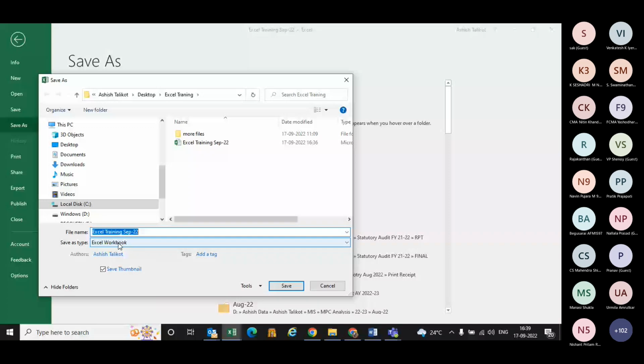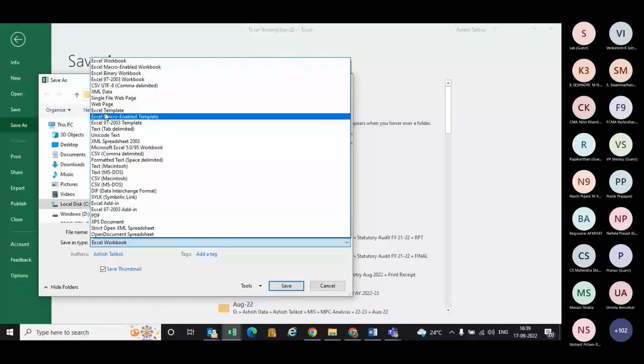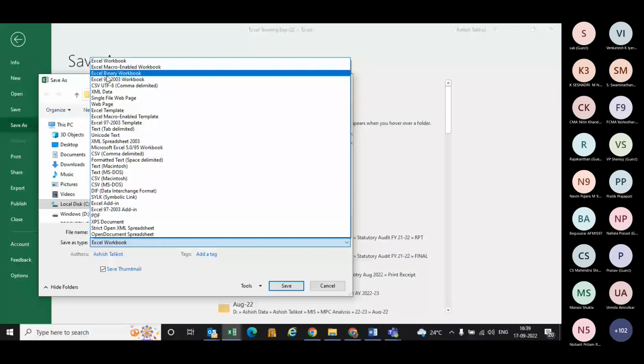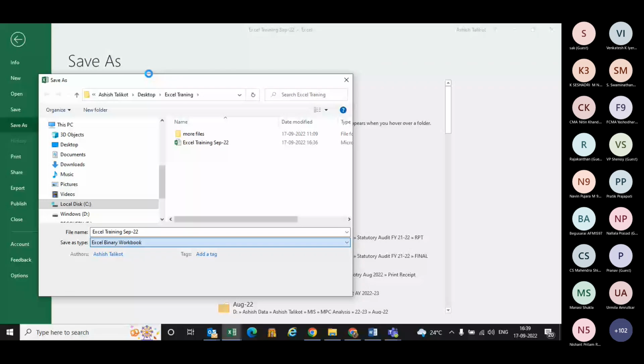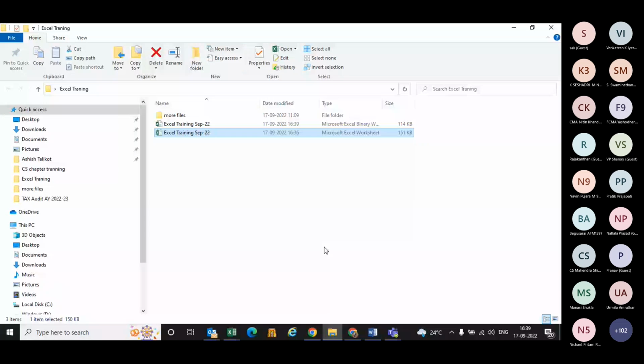So here you will see the normal Excel workbook, which we regularly use. If the data is huge and you want to reduce the Excel size, you just need to go here and save the Excel as an Excel Binary Workbook. This will reduce the size of your Excel and also reduce the processing time. Just for example,